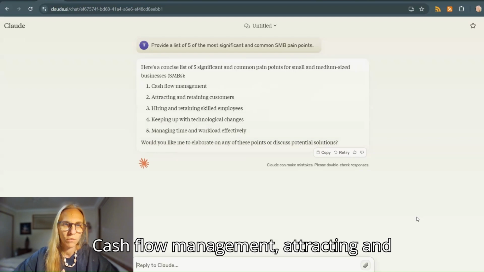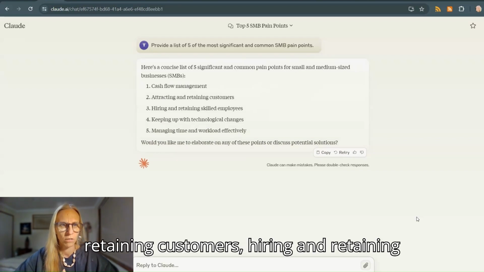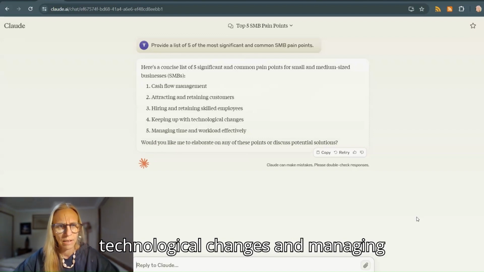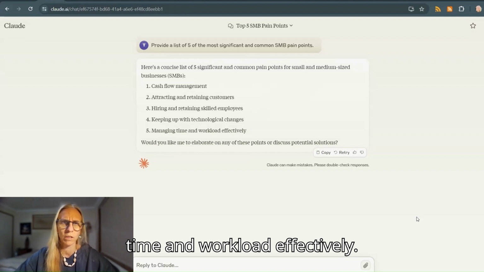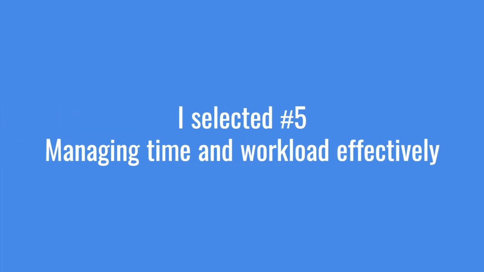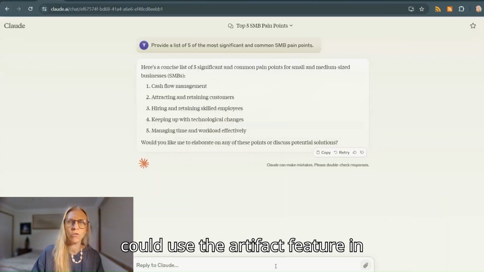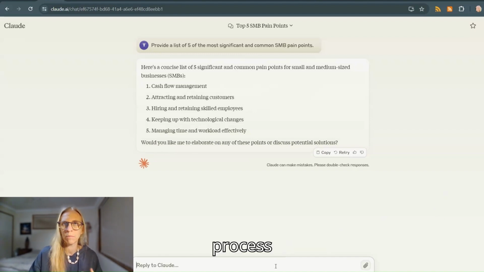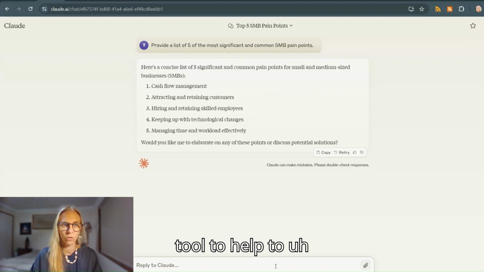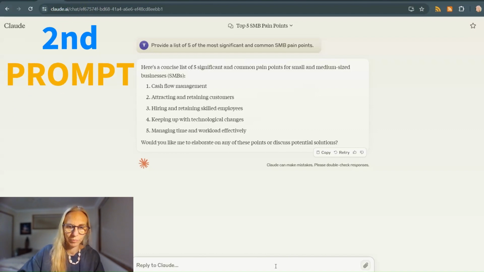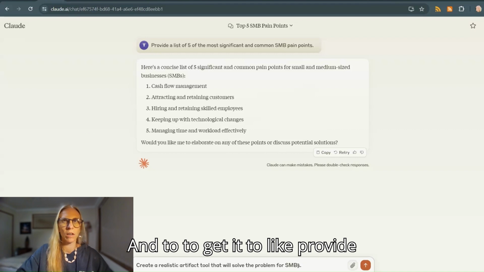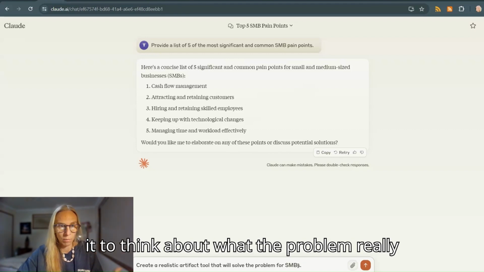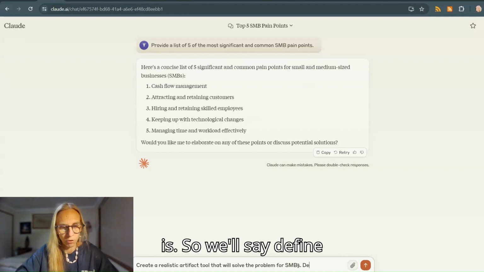So we've got cash flow management, attracting and retaining customers, hiring and retaining skilled employees, keeping up with technological changes, and managing time and workload effectively. So what we're going to do here is see how we could use the artifact feature in Claude to come up with a tool to help manage this pain point. And to get it to provide a reasonable artifact, I'm going to get it to think about what the problem really is. So we'll say,